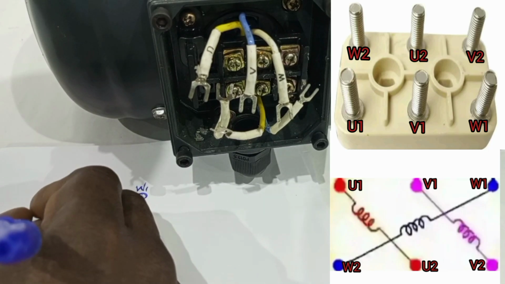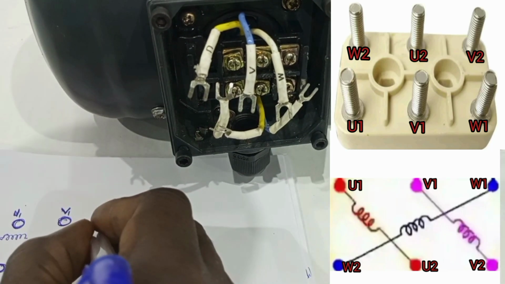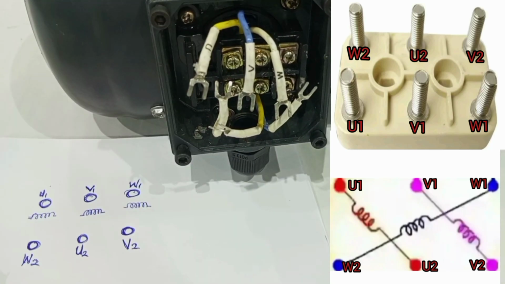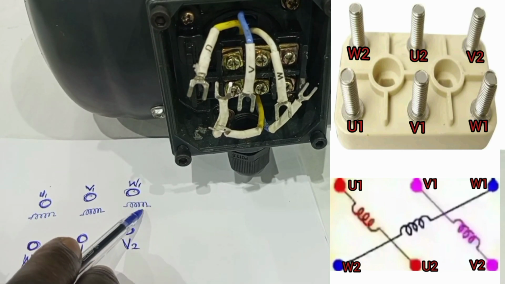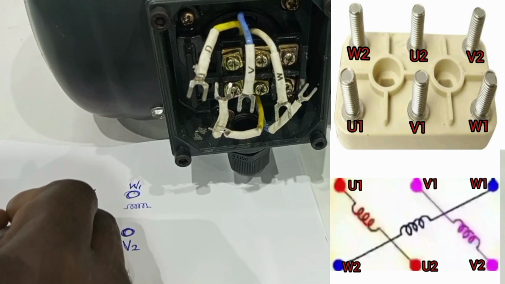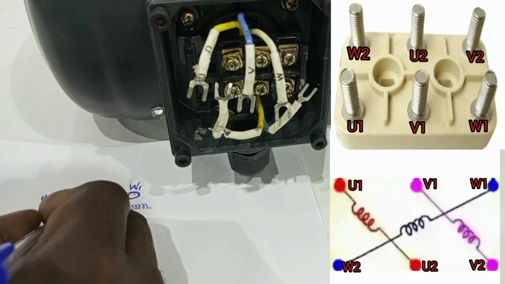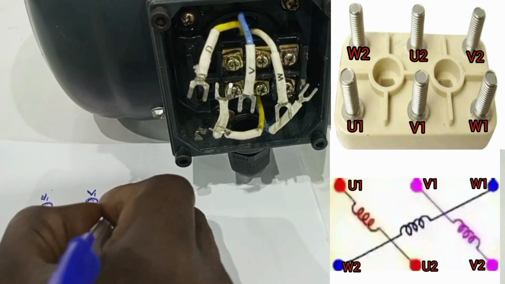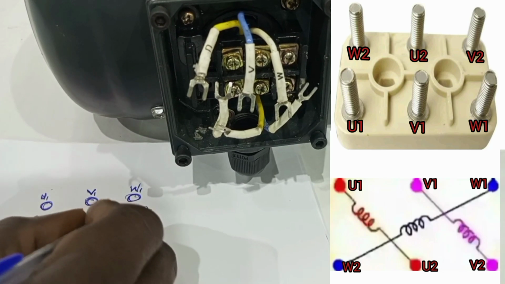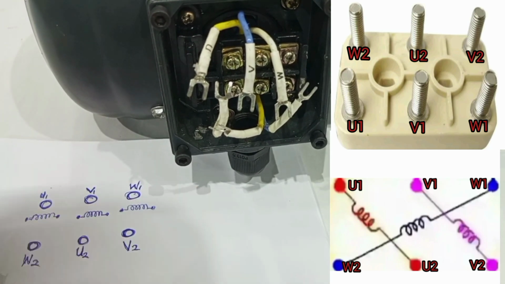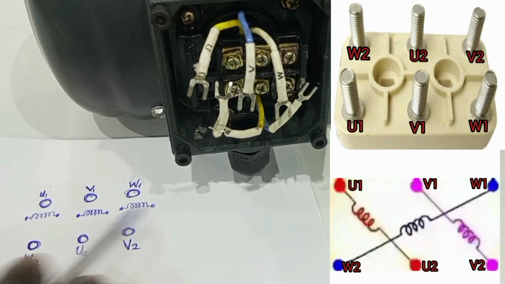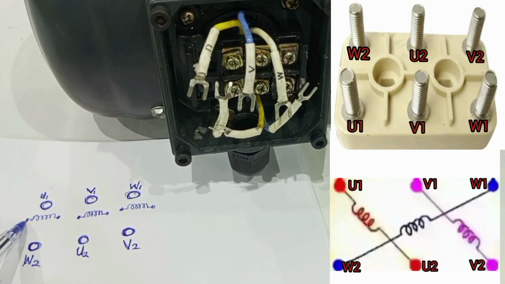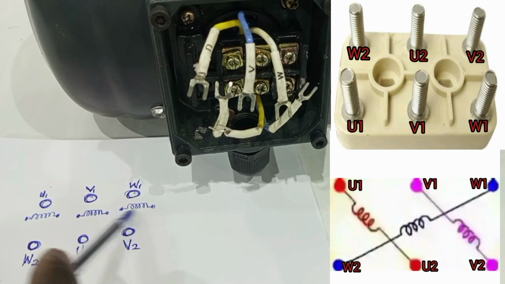Here we have coil U, and then here we have coil W. All right, so these are the coils in the motor. So we have U1, and then U2. We have V1, and then V2, and then we have W1, and then W2. So these are in the motor, and then we have to extend these wires 1, 2, 3, 4, 5, 6